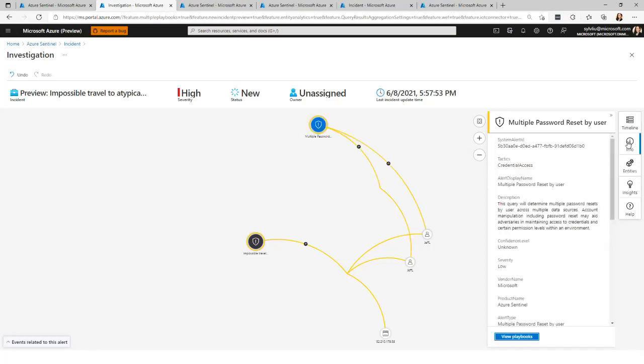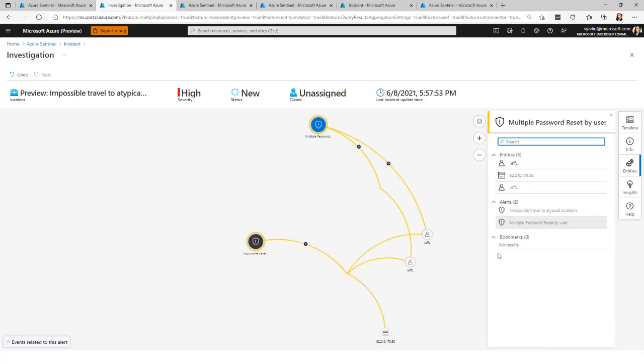And you can also leverage the information here as well as the entities to do the investigation. This is a very powerful tool. So when it comes to multi-stage attacks, we strongly recommend you leverage the investigation graph here in the incident.